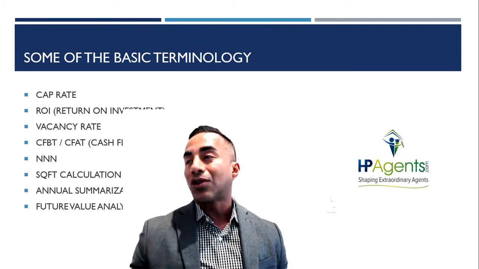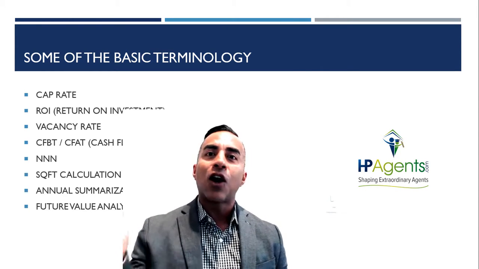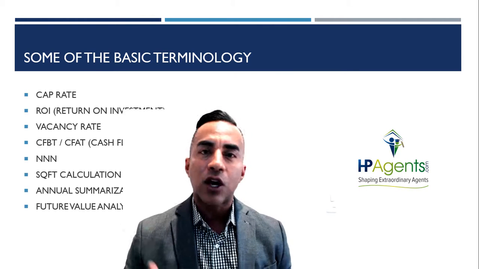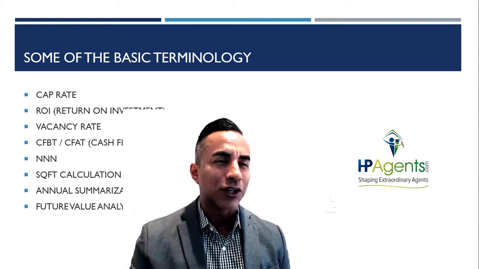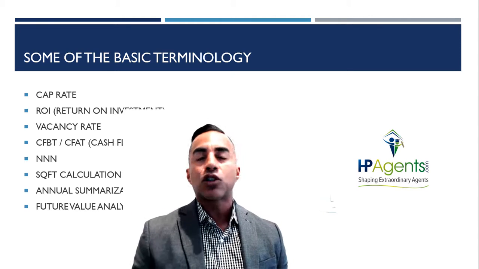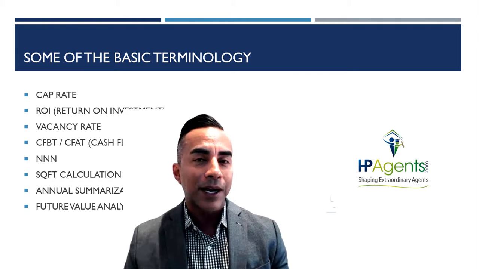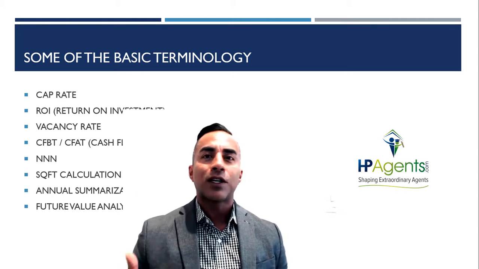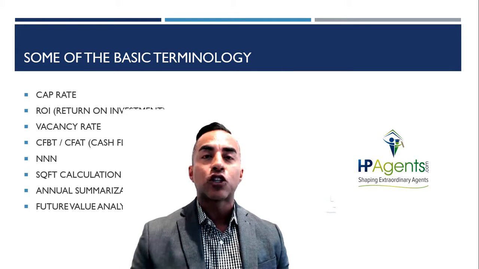Then we're going to move on to TripleNet. TripleNet is super easy to understand. This thing hits clients in the butt all the time. When new realtors get into commercial real estate or do their first commercial lease, they think it's the same, and they get power driven by the seller because they don't understand what these terms mean. TripleNet means that the client is responsible for taxes, insurance, and the common area maintenance, and these things are negotiable. So you're thinking base rent, $2,000. Well, he's putting in that fine print, TripleNet.